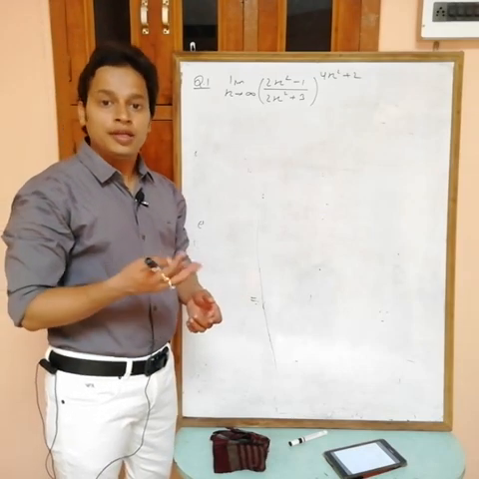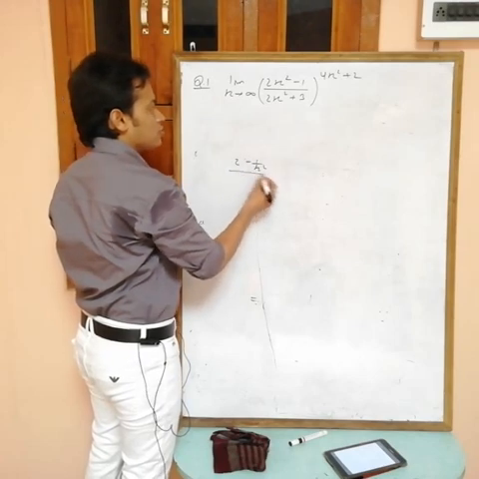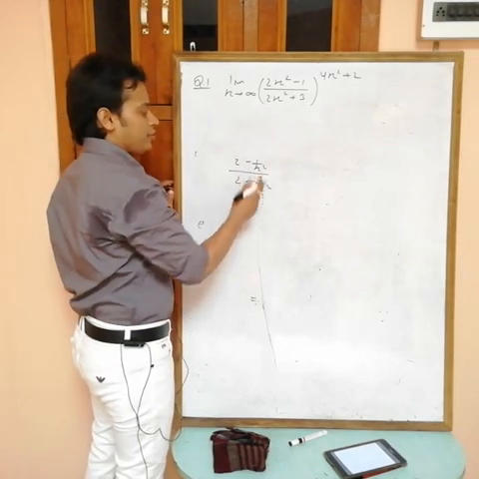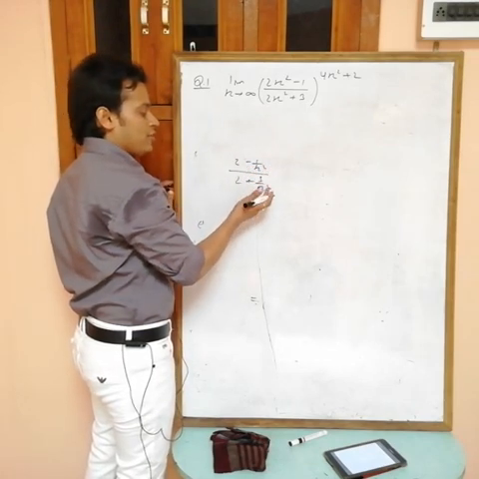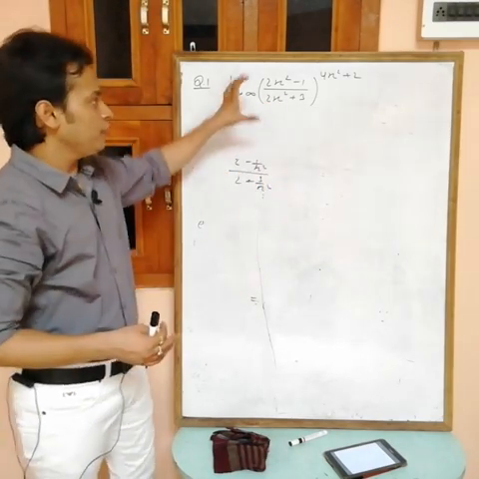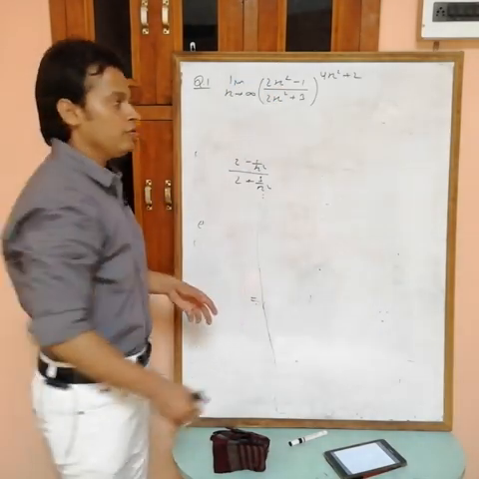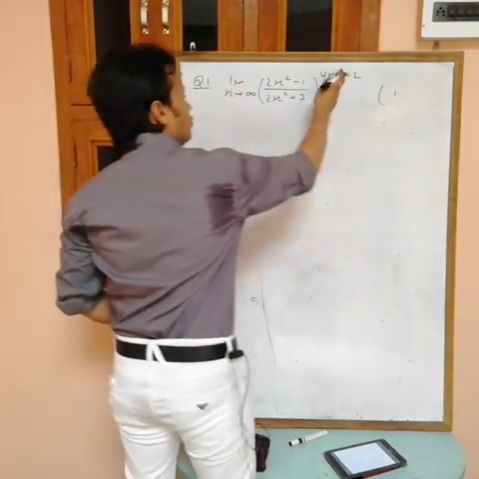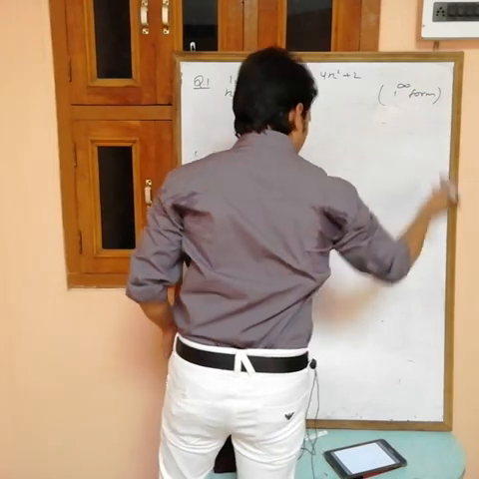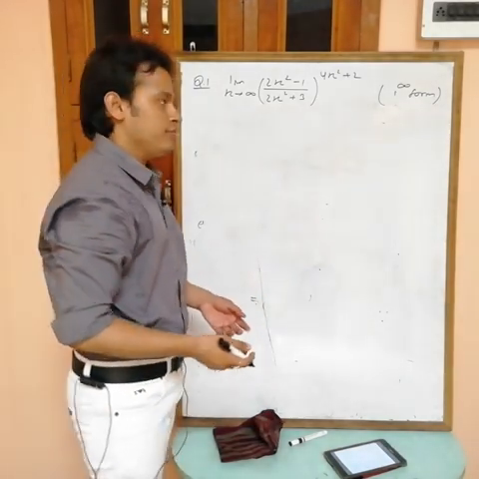How to solve? By taking common x². If you divide with x², what you will get? (2 − 1/x²)/(2 + 3/x²). Now put x equals infinity, then 1/infinity² is 0, 3/infinity² is 0, and 2 by 2 is 1. So the base is 1. At infinity, if you find the value of the limit of this one, you will get 1. So the exponent is infinity as well, and this is a 1 power infinity form. If you have a 1 power infinity form, then we have only one way to do this.